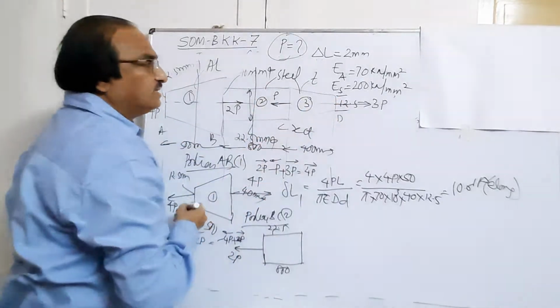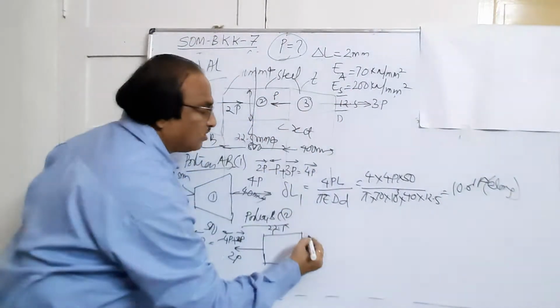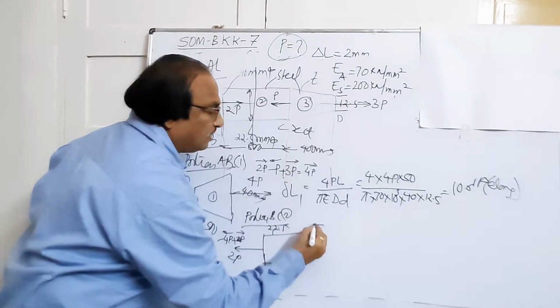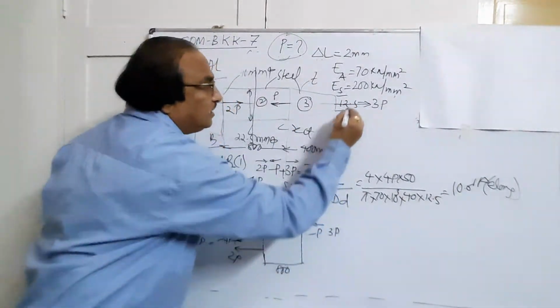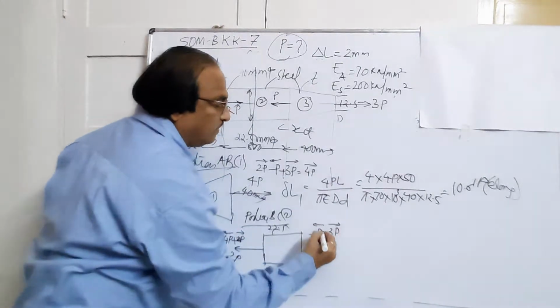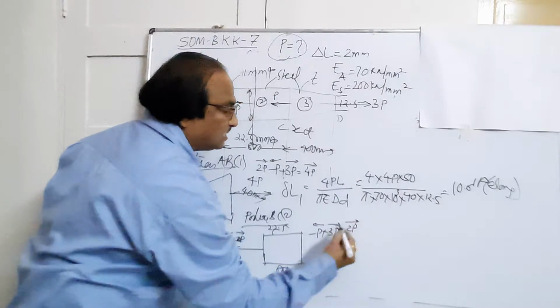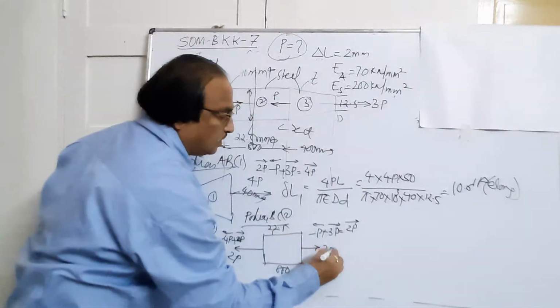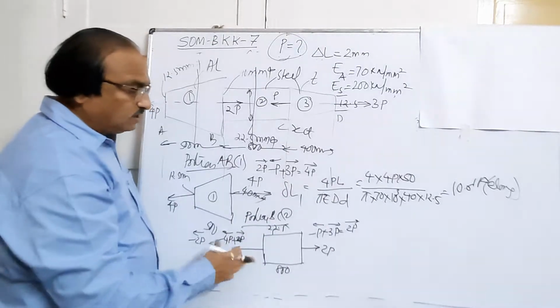Check it on the right hand side. Now here if you see, there is a force minus P because it is left. There is a force of 3P. It is towards right, so it will be positive. So the net effect is, you are seeing 2P means it is towards right. So this is the middle portion, you will have to check it. So these are the forces acting.